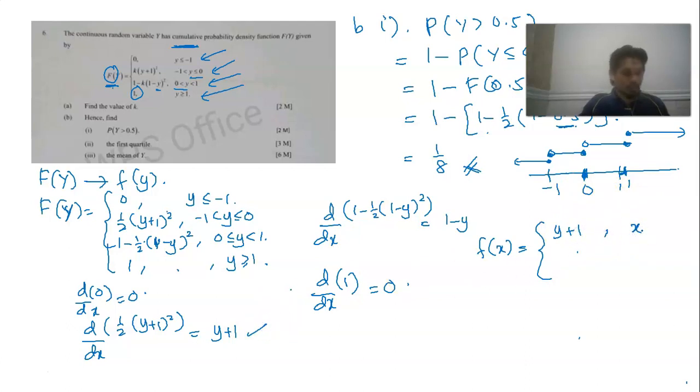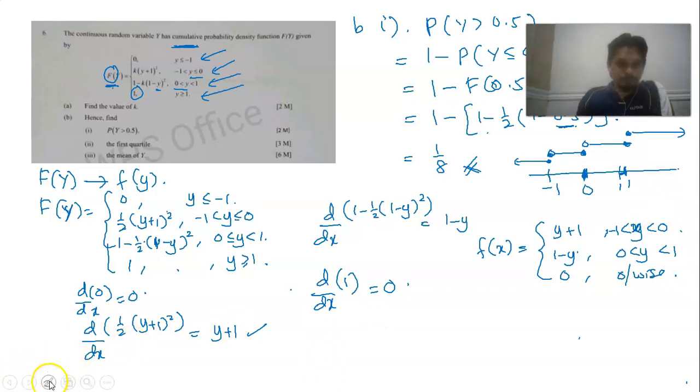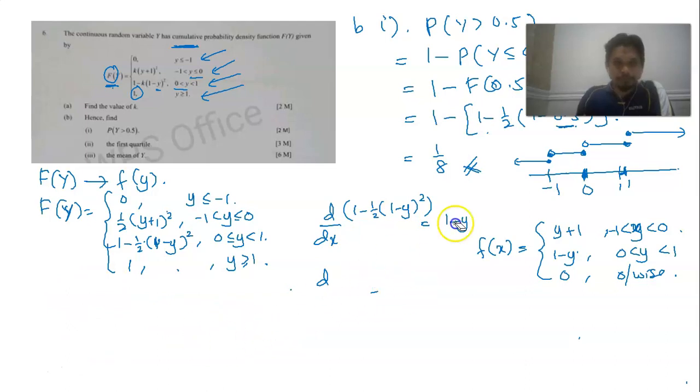For y, okay, y lies in between -1 and 0. And then we got 1 minus y for y in between 0 until 1, and then 0 otherwise. So, okay, now I'll clear all this again, sorry. Okay, now